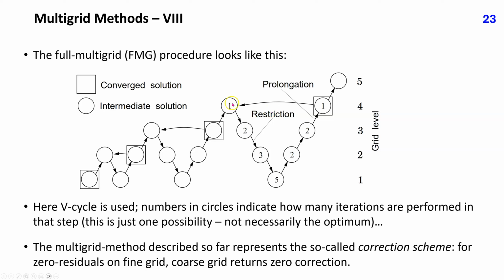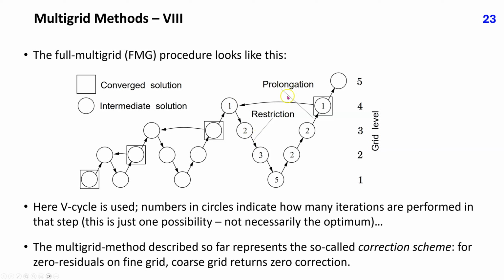The numbers in circles here indicate how many iterations are performed at each grid level. You see that the number of iterations is increasing from the finest to the coarsest grid level. Because iterations at coarser grid levels are much cheaper than iterations on the finest grid, we try to minimize the number of iterations on the finest level. Obviously, one iteration is the minimum, and often it is enough, but under some circumstances these numbers may have to